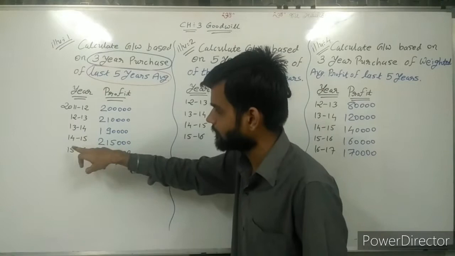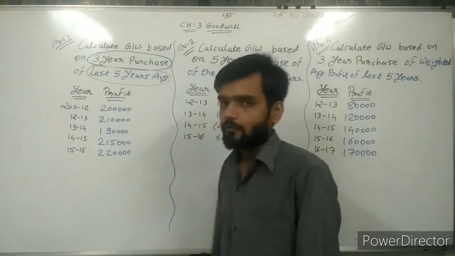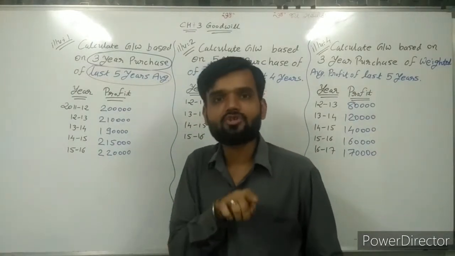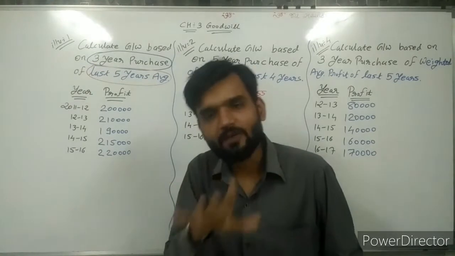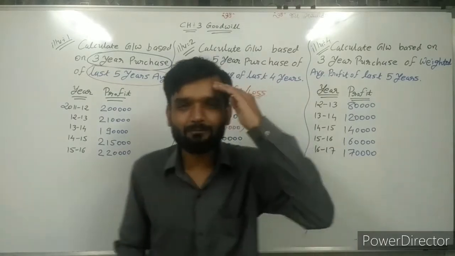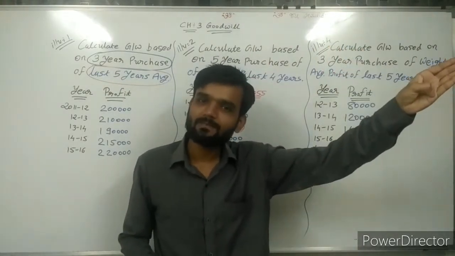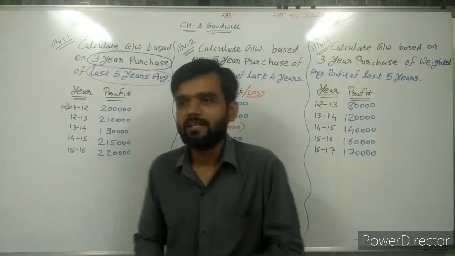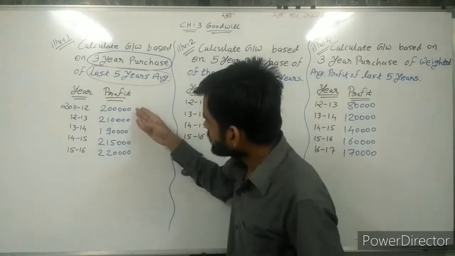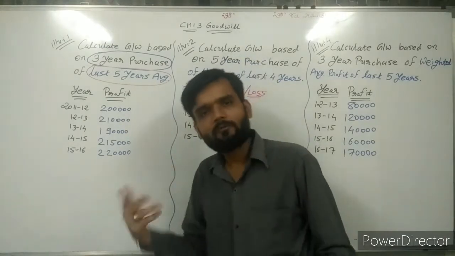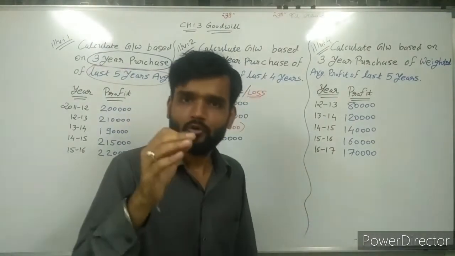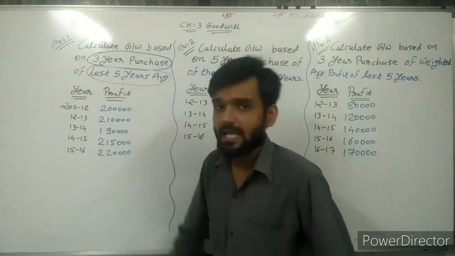11, 12, 12, 13, 13, 14, 15, 15, 15, 16. 5-year information is available. So first of all, we need to find the average profit. Now average means what? Sir, simple X bar. Remember X bar in statistics. X bar is equal to sigma X upon n. Here profit is one type of variable X. So total of these 5 divided by 5. That is my average profit. So now here the simple average method is applicable.